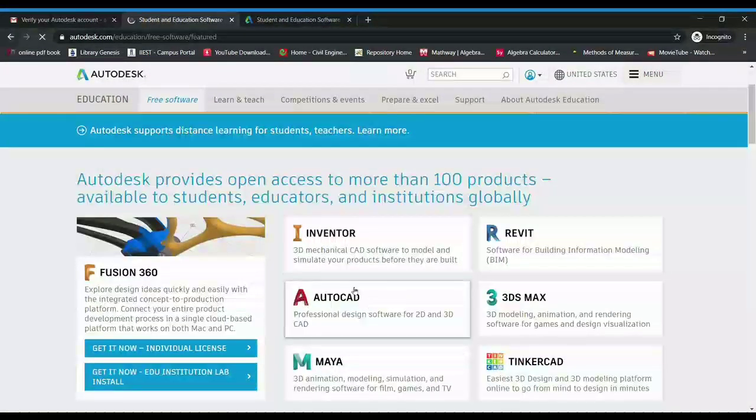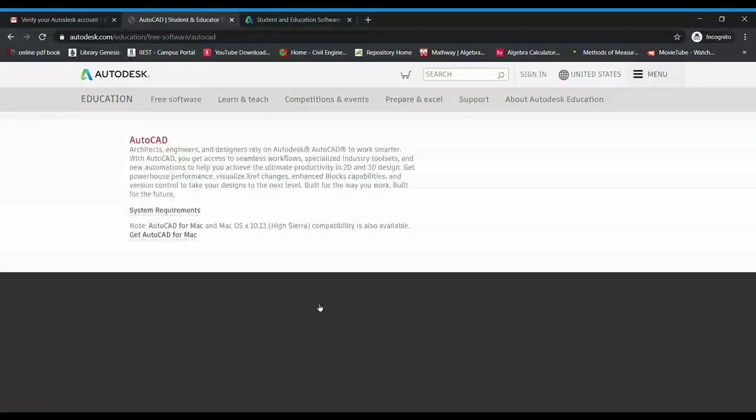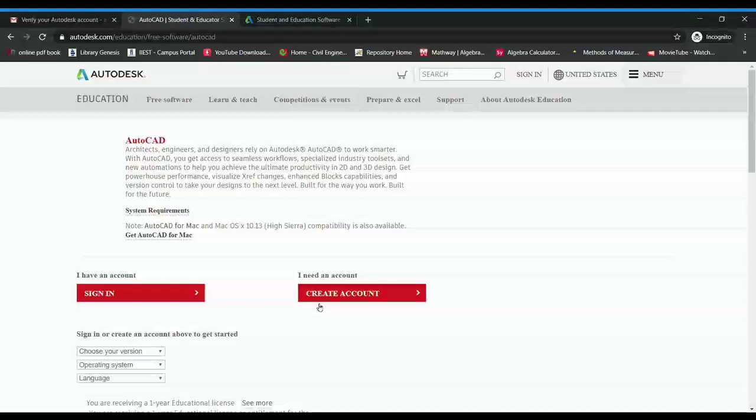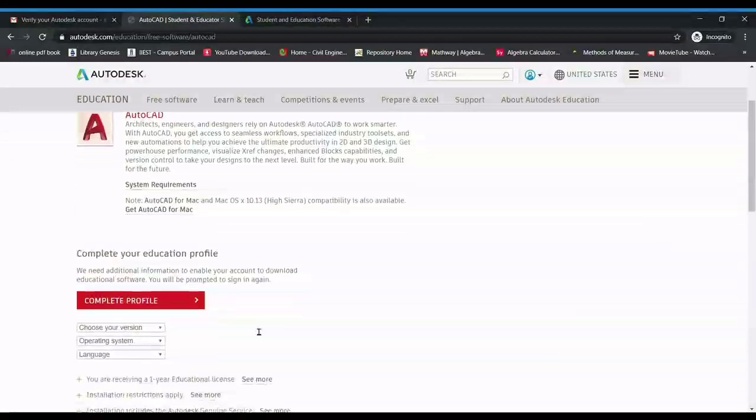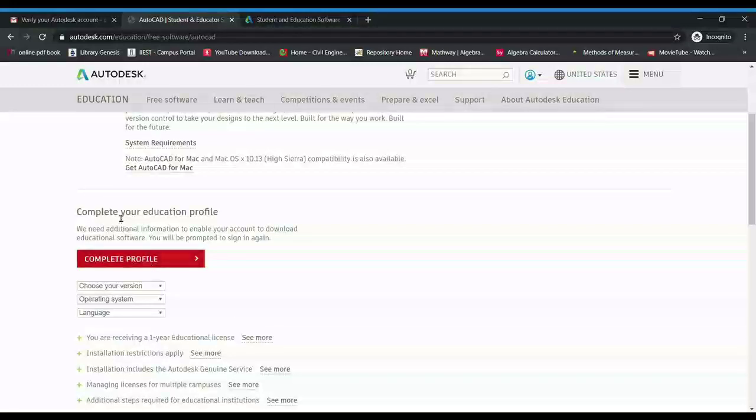So now to download AutoCAD, click on AutoCAD. Then after 1 or 2 seconds, you can find this complete profile button. Click on complete profile.